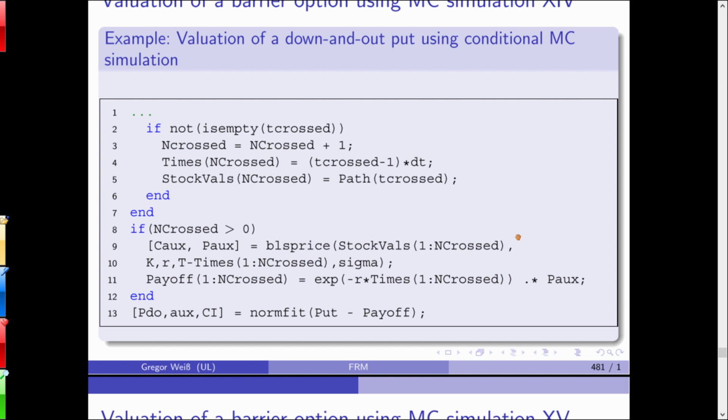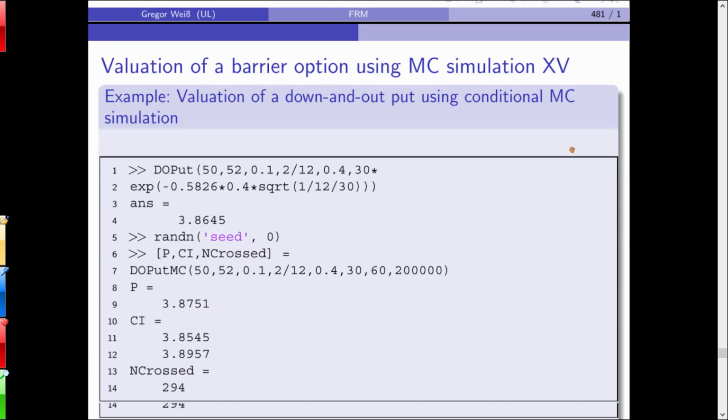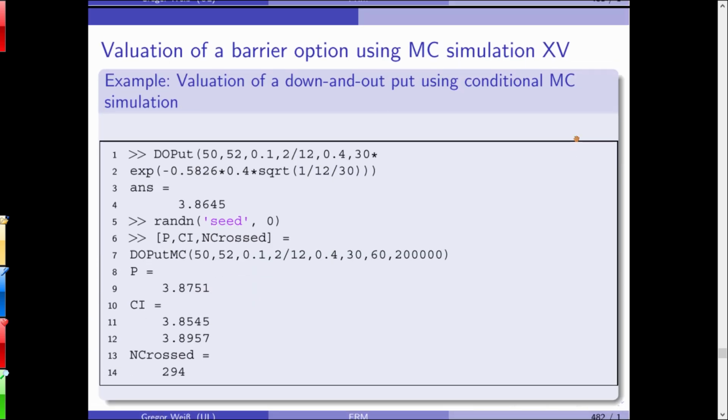So to be precise, we use Black-Scholes twice. First of all, we are using the relation that the down-and-out plus the down-and-in equals the European plain vanilla put under Black-Scholes. And we are using the additional information that after the option has been knocked in, its price should be given by the regular plain vanilla Black-Scholes put. And if we do it now here, you can see that